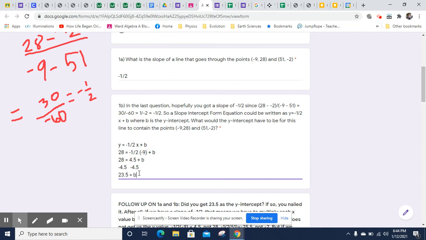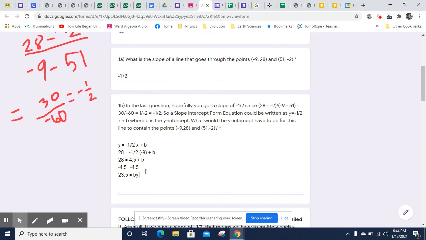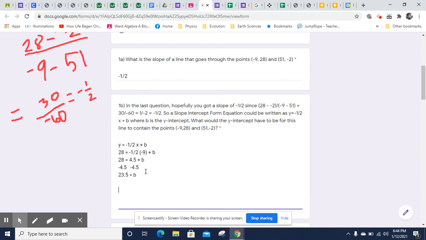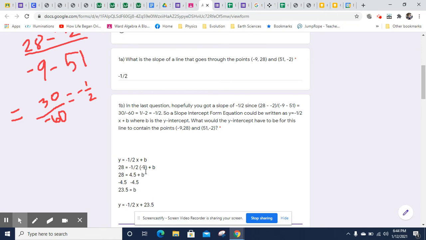So the thing that I would need to add is 23.5. So when I write my equation, it needs to be y equals negative 1/2 times x plus 23.5. And 23.5 is going to be the y-intercept. Okay, so the y-intercept is b, which will equal 23.5, and that's the y-intercept, which will be at the point